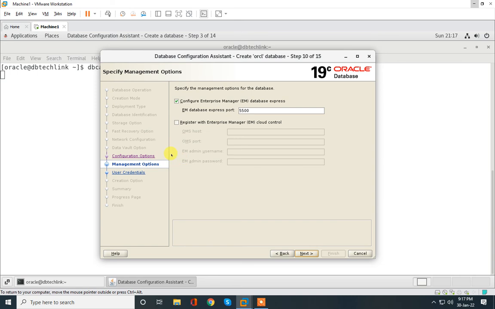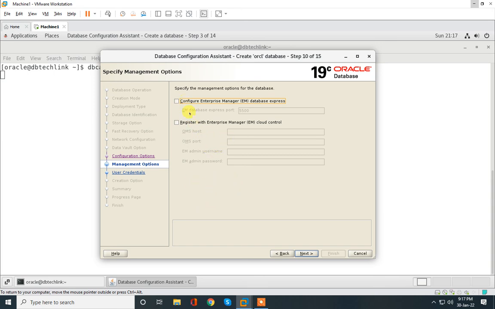Now here we will get Enterprise Manager related settings, right? We are not using Enterprise Manager right now. This is for Enterprise Manager Express, but we have Enterprise Manager Cloud Control also. We are unchecking this because it will ask us for a listener, and we have not created one in the previous steps.